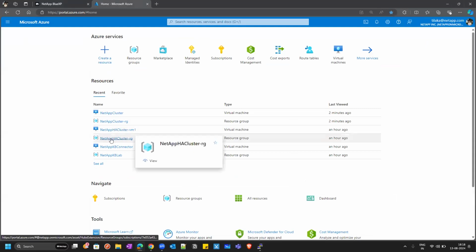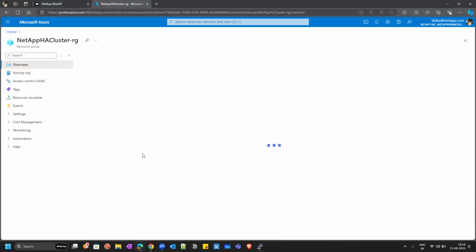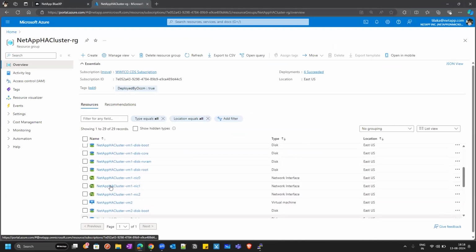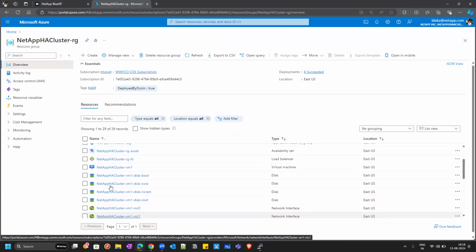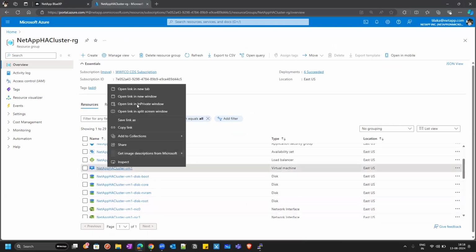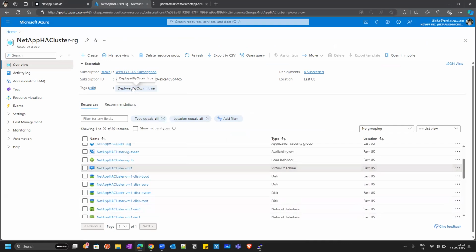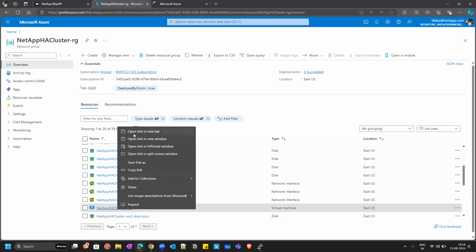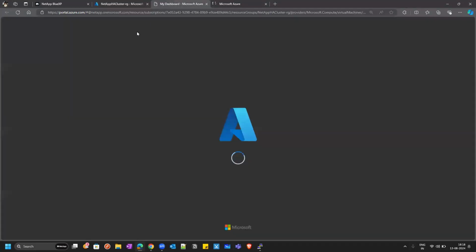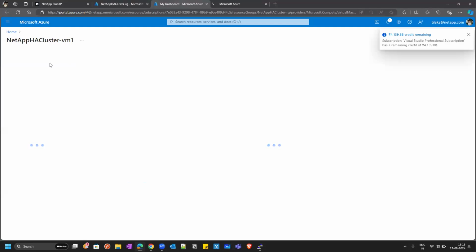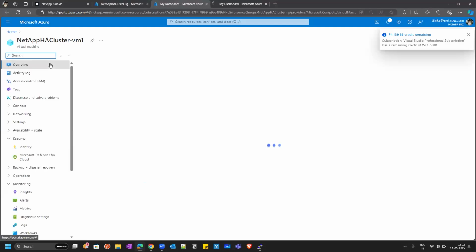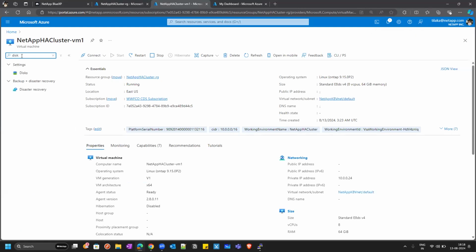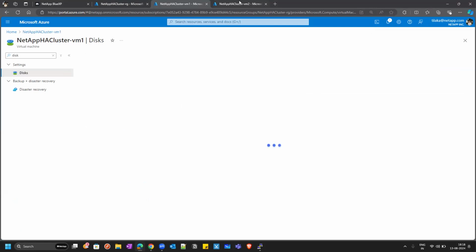I have the cluster deployed in this resource group. I am opening up VM1 and VM2. Let's go to disks. In both the tabs,